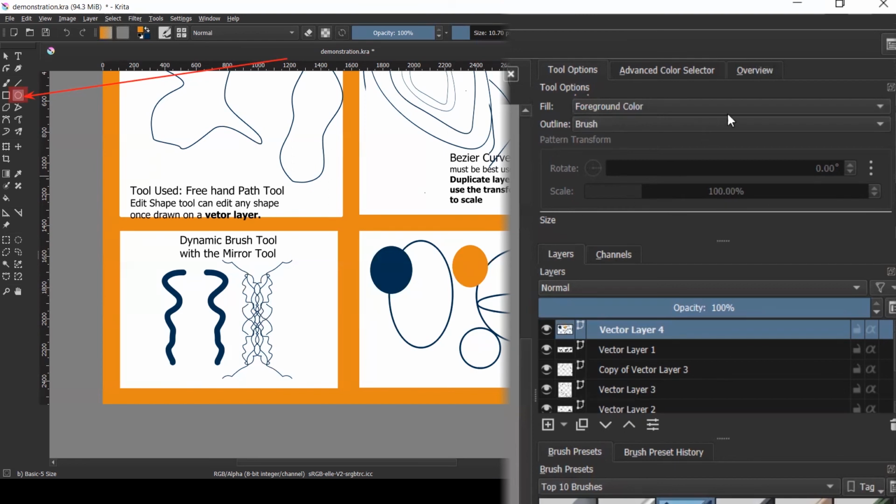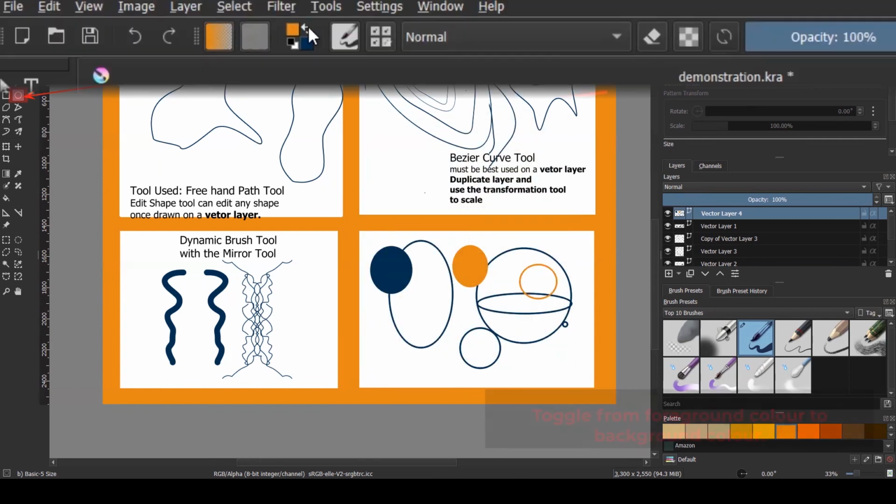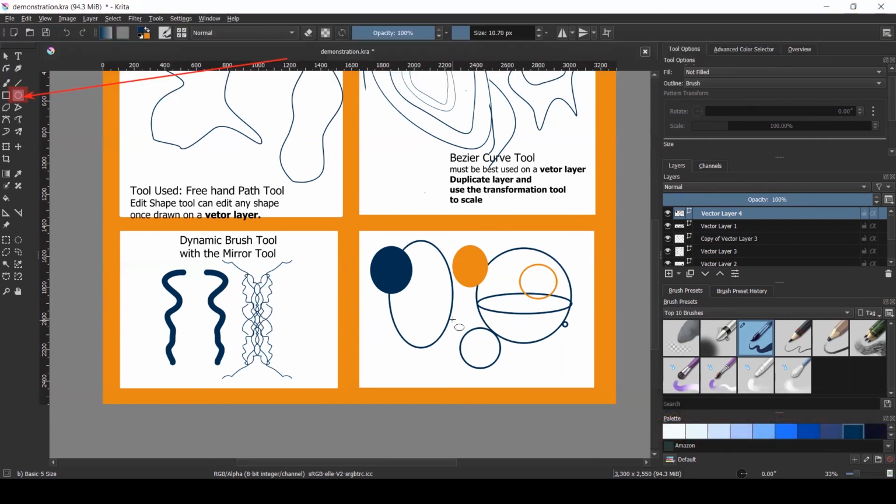So when I draw, or I can take off and go to no fill, and it would just draw from the color that is there in the foreground, or I can choose the background. If I wanted to choose from the foreground to the background, you press these arrows here, and you can toggle from foreground to background just by these arrows there. All right. So that is the